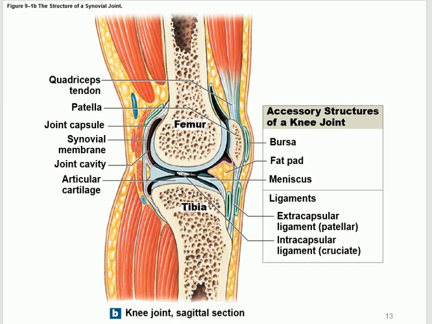Continue with chapter 9. So we're talking about the knee. And let me tell you, the knee specifically is the most important one that we will focus on as an example of the synovial joints. So I will ask you about anything in the knee joint, period, anything. The other joints, I will tell you what I'm expecting you to know. But for the knee, everything.